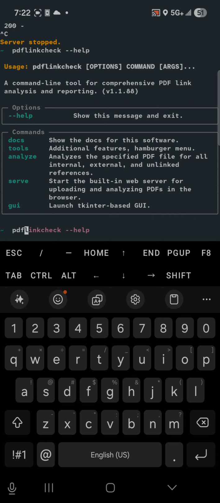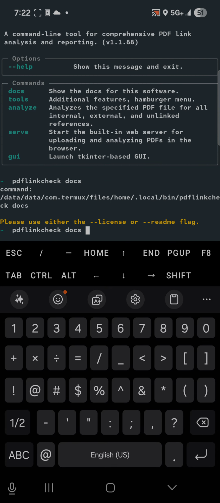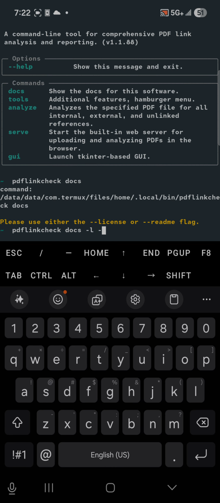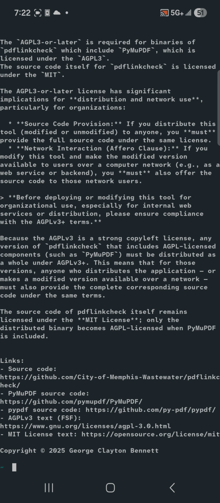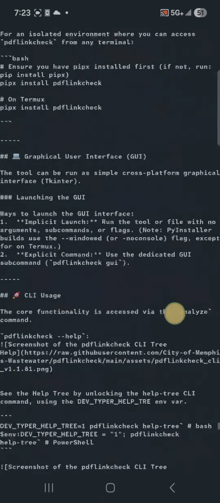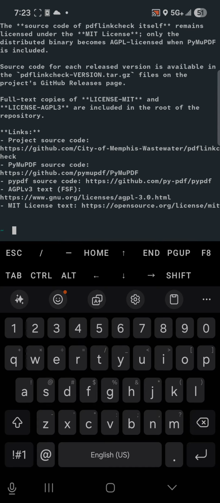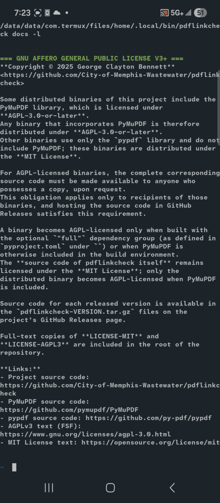Docs. pdflinkcheck docs. And you can see license. And you can see the README. Boom. So there's your README. And oh, license is actually short. We shortened it. That's right. Before we were carrying the GPL 3+, which we still are because there's a PyMuPDF dependency. But on Termux, if you were to build this into a binary, which we have, and they're available on